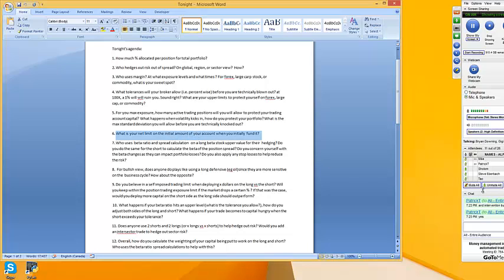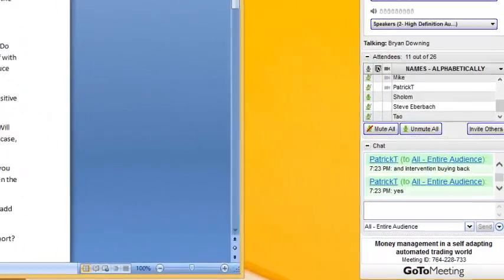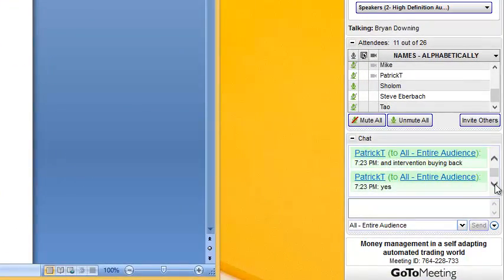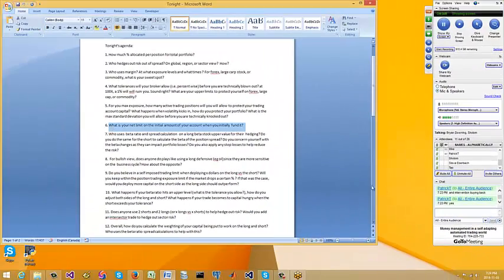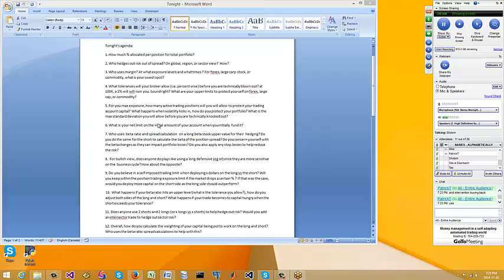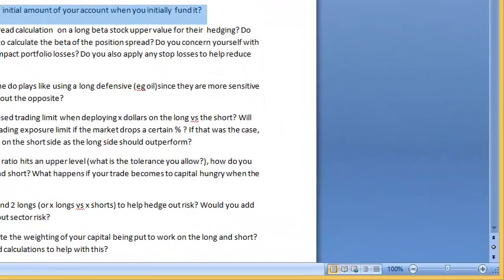No, some people put the 100K in initially, but some of the smart guys may only start at 5K just to test out a trading idea or a strategy. So they put 95K into T-bills or treasuries and get interest on that, and the rest they put into the trading account. That means that you only have a 5K account, so calling it a 100K account is kind of, I don't know. Right, exactly. So it's a 5K account. I like to start with 10K. That's what I do in all my accounts. But if you have 100K to work with, how much are you willing to put into the market with a brand new broker account to start with?